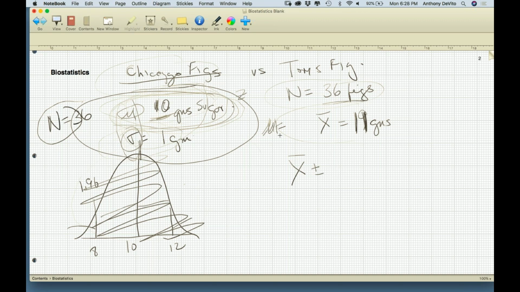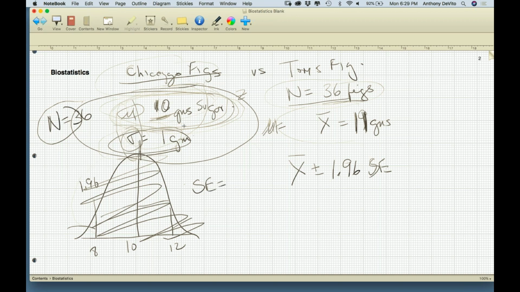The other argument I could make is that, even though my figs might have more or less sugar than the Chicago figs, maybe they'll have the same standard deviation. So maybe I could argue I know sigma, or on the other hand, maybe I can argue that's a big enough sample that I don't have to worry about the t-score. So I could say X bar plus or minus 1.96. I'll use the z-score for alpha equal to 0.05, 2.5% on one end, 2.5% on the other, times the standard error. Okay, so what's the standard error going to be equal to?